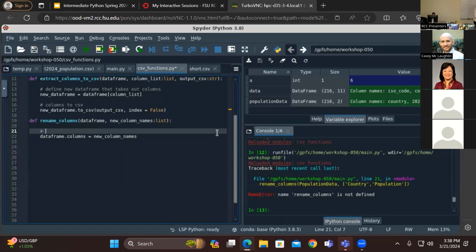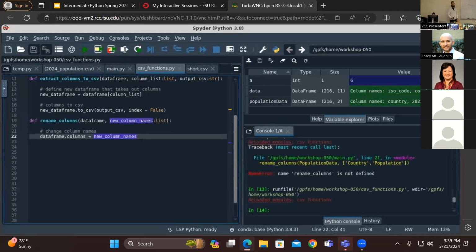So at the end of this function, that's really the only line we need to convert the column names from one to the other. And we're really doing this for organization purposes. If you have a single line of code, then you don't really need to chunk it out to a separate function, okay? But for this case, we're gonna keep it over here, and this should change your column names to what we want. So now we're gonna run CSV functions again to make sure that we load that function,